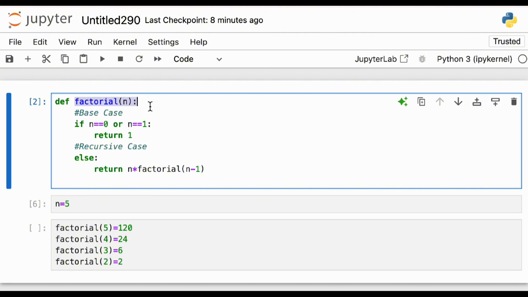We create a factorial and we define a base case, and then we define the recursive case, and then we call the function itself inside this, and any programming language allows this. The problem is that people get stuck because they really don't understand why we do this. I hope it is clear now with the diagrams that I explained. So this was the first question, how to calculate factorial using recursion.